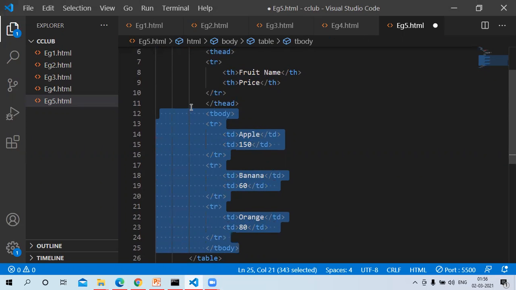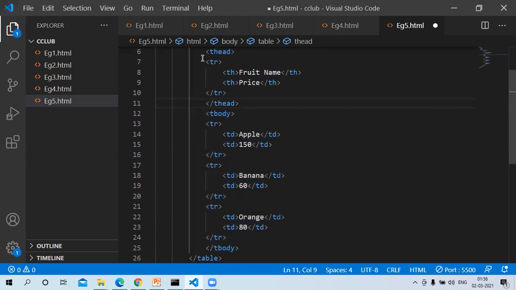Otherwise, if we don't have t-head and t-body, we have tr in the heading and tr in the body, and what differentiates the head from the actual data is the tags th and td.